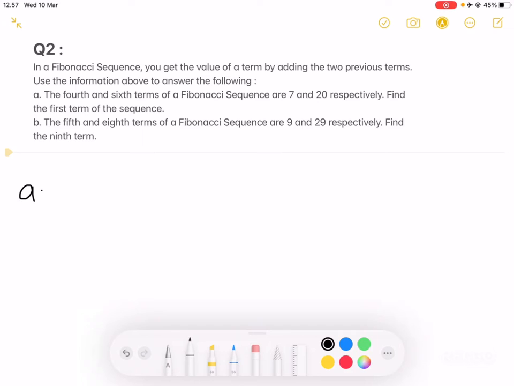Alright. And perhaps the way I would do it is to write an incomplete sequence and just replace the blanks with our given information. So in this case, the fourth term will be 7. The fifth term is currently unknown. And the sixth term will be 20. And then you can just